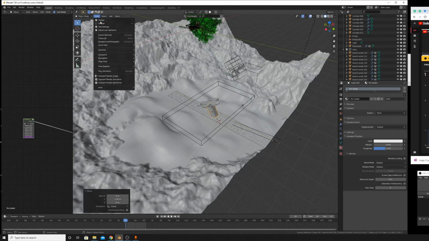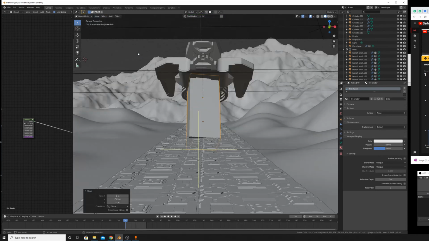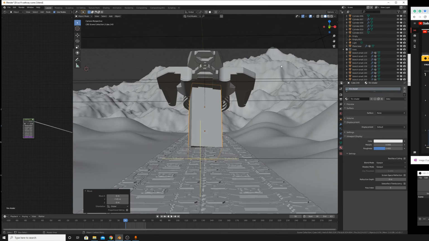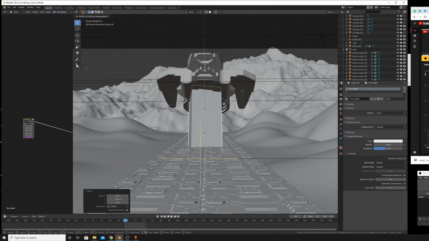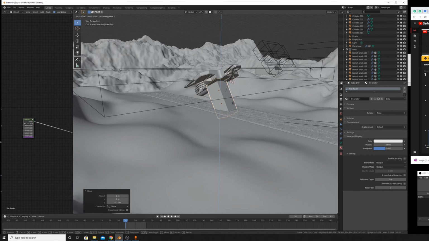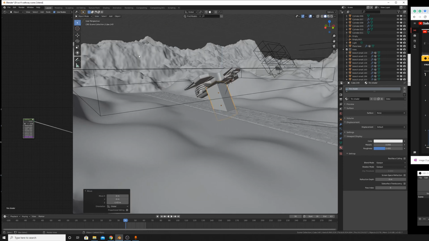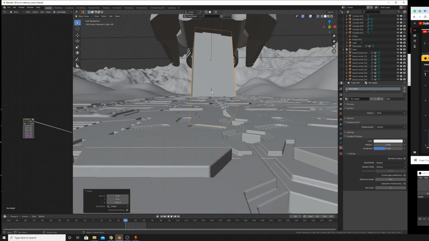I think that's good right there. And I might move it down just a little more and view the camera. Okay, it should switch to the camera now. Yeah, and